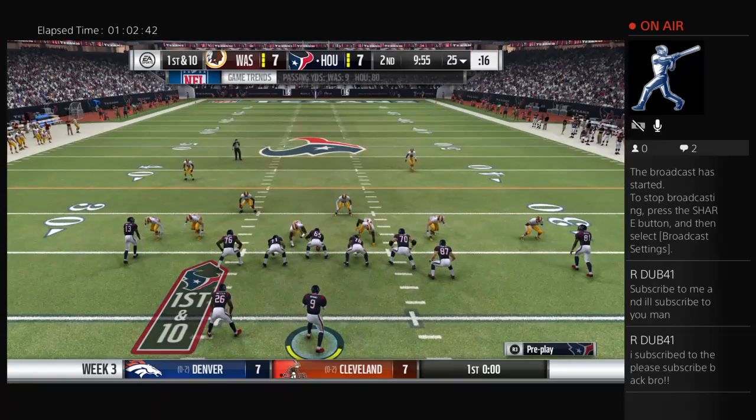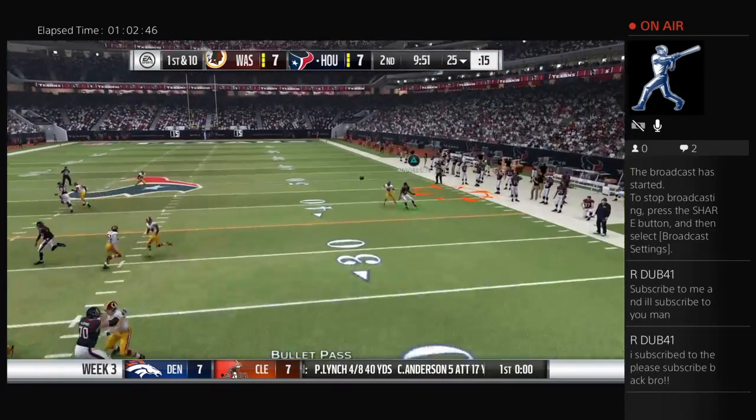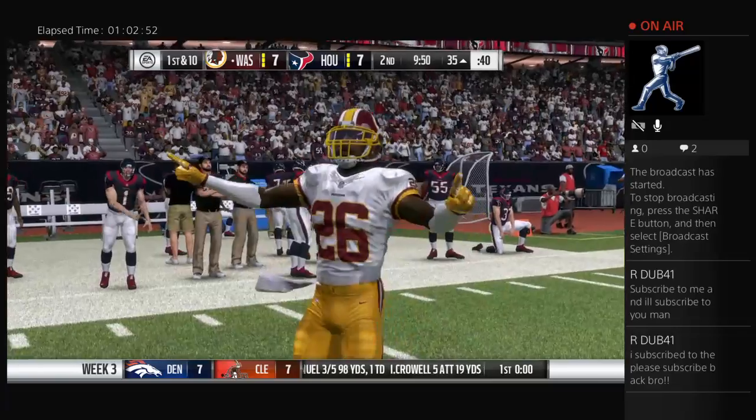Here we go. Left 35. Romo here on first down. Now a clash of bodies here, and it's intercepted. Picked off by Bashaud Breeland. And his crew will...